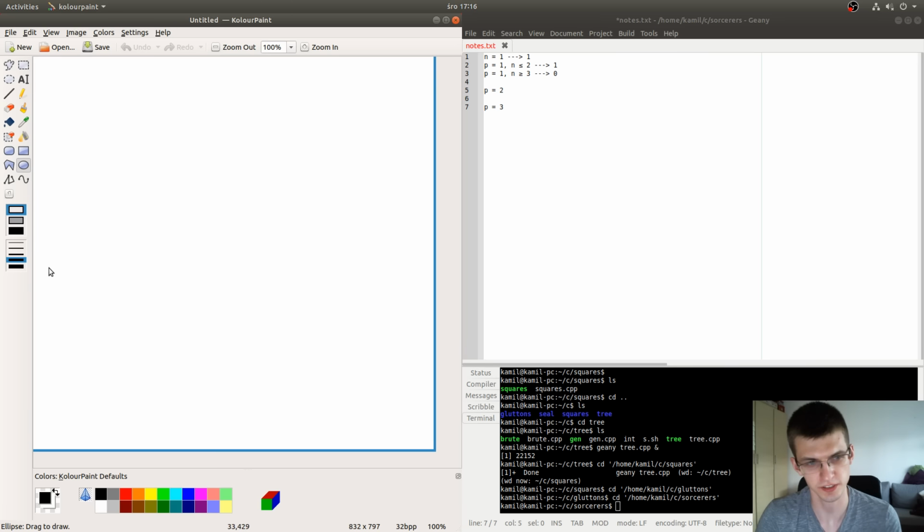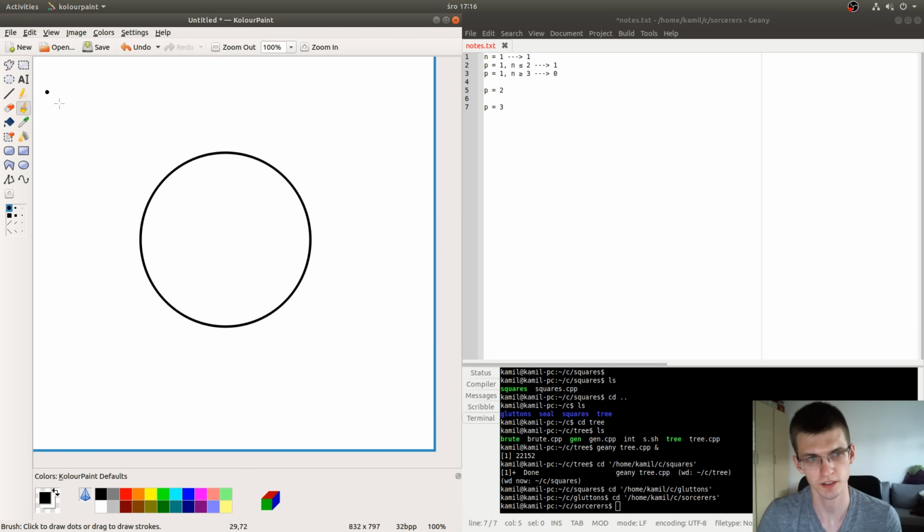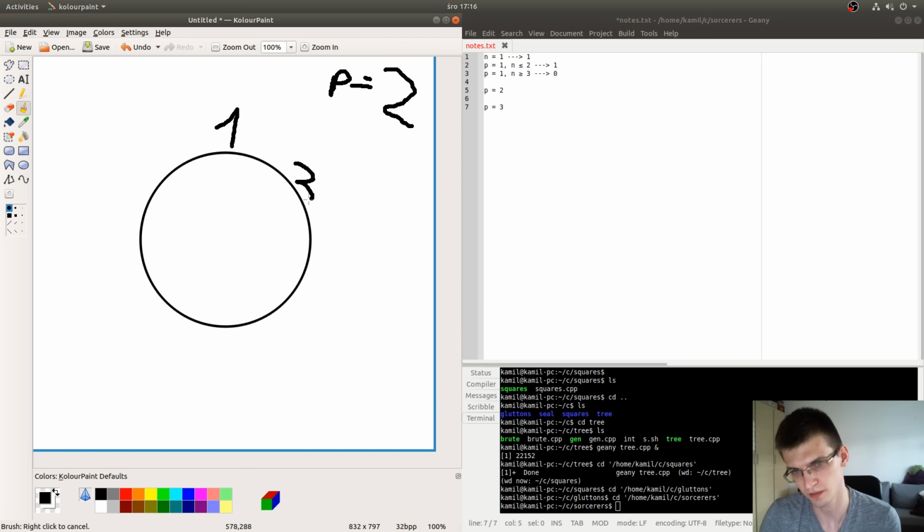So we have a circle and we have a person number 1 somewhere, and we have, let's say, p equal to 2. What a beautiful drawing. Then his neighbors must be 3 and 2. There is no other way, assuming that n is big. Then next to person number 2, the only possible person is 4.